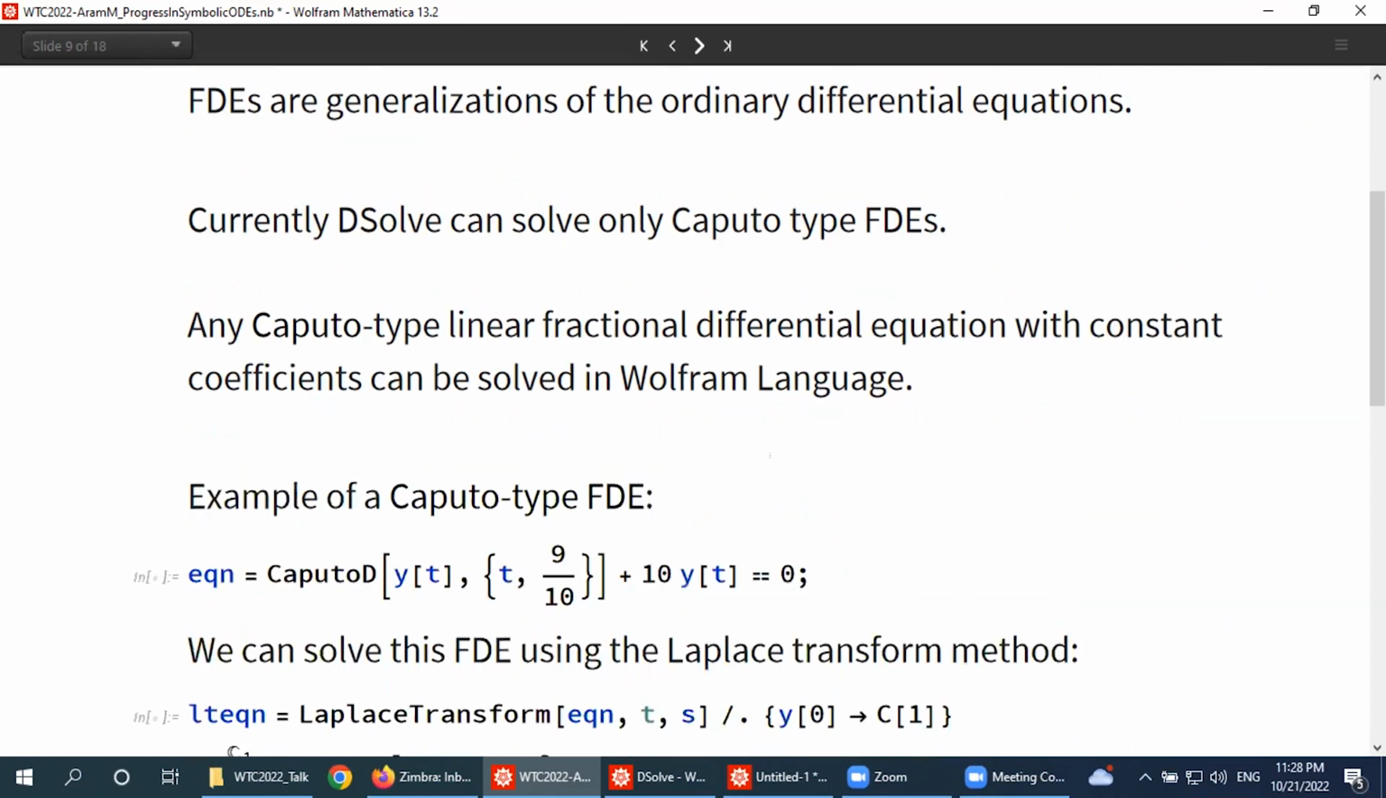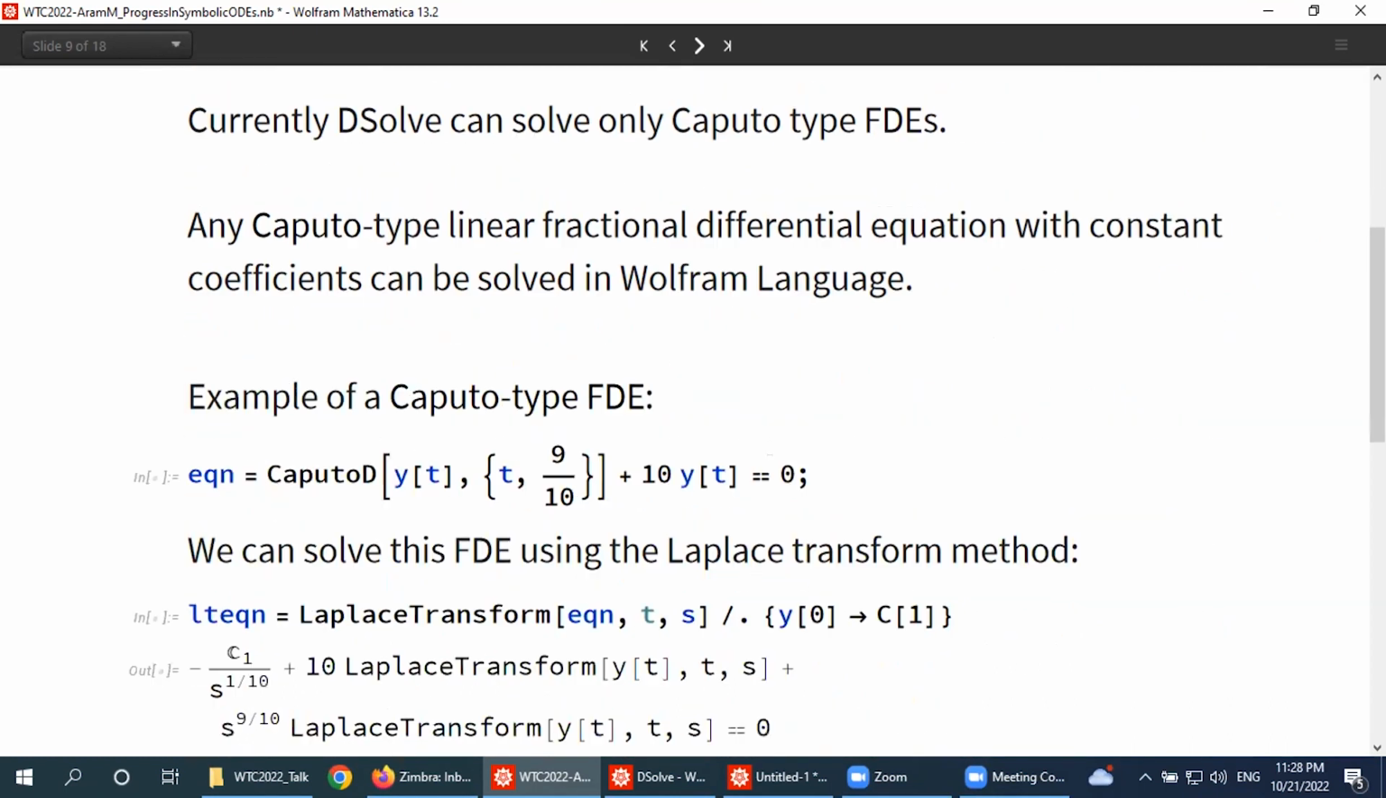And here is an example of Caputo type fractional differential equation of order 9/10. We can solve this equation using Laplace transform method. At first, we can calculate the Laplace transform of the equation. And if the equation is linear with constant coefficients, the Laplace transform will be a non-differential algebraic equation, which can